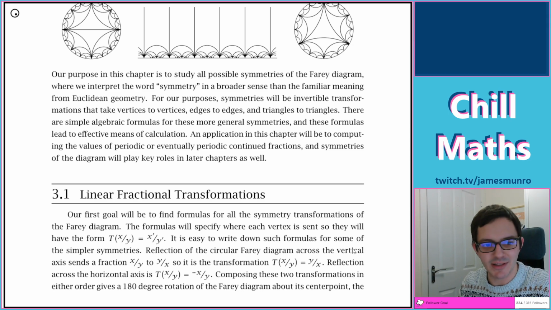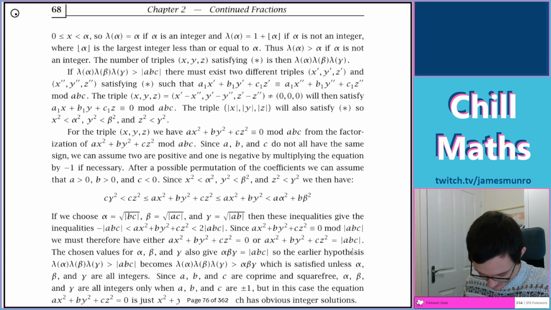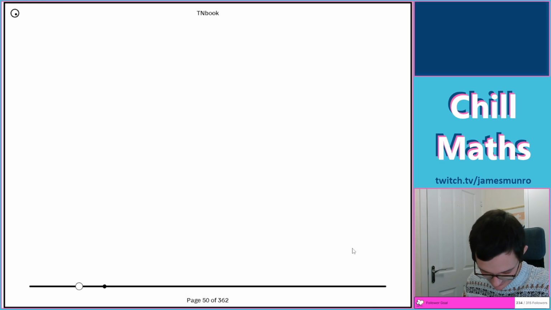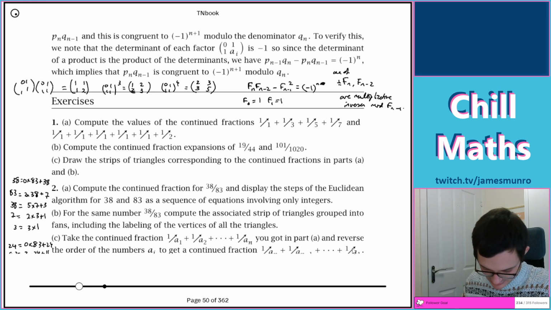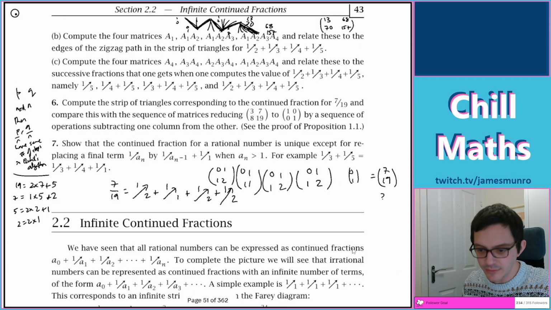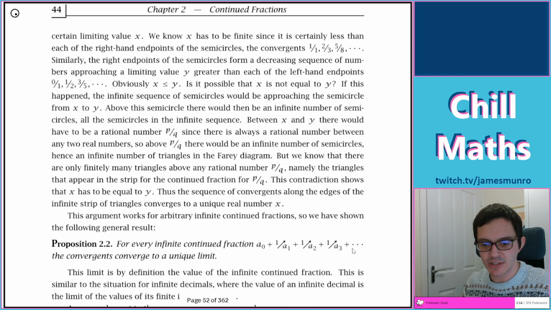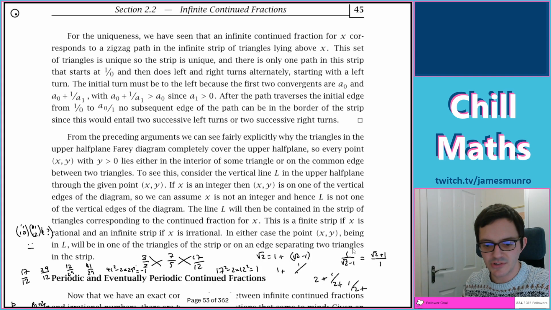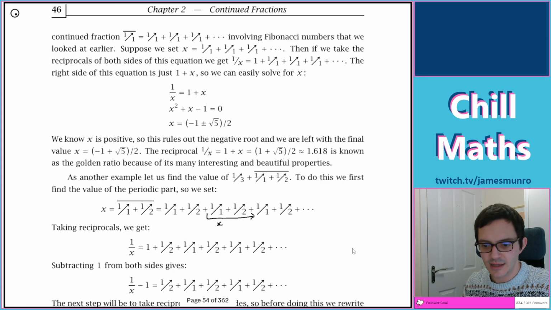Okay, right, I should not try and read this now. So I'm going to bring it back to reality. That was page 76 or something, so bringing it back to reality in here somewhere. We're doing quite well. We've got some ideas about infinite continued fractions. We've got this result stated that